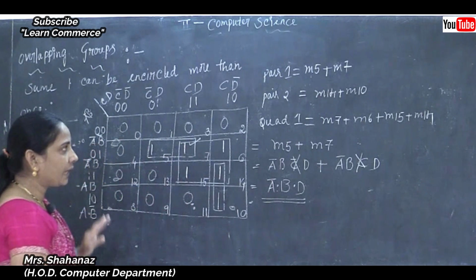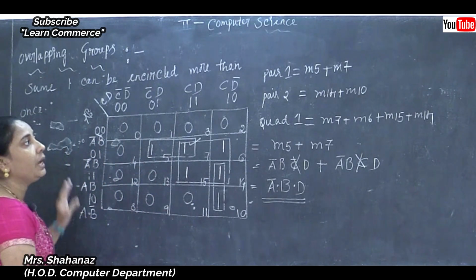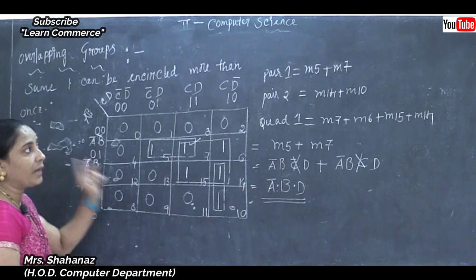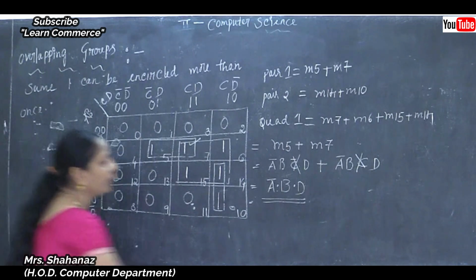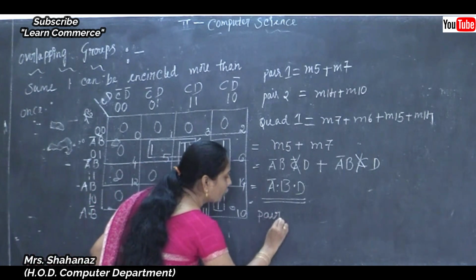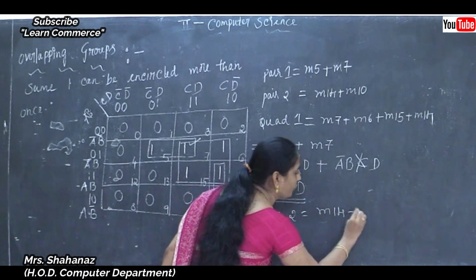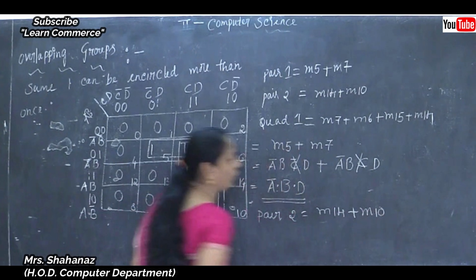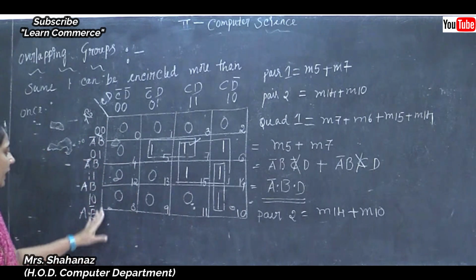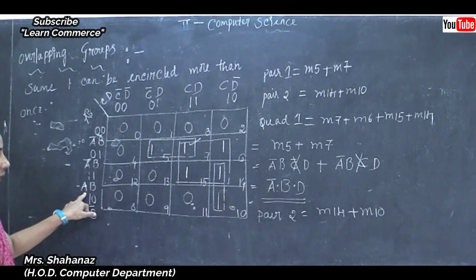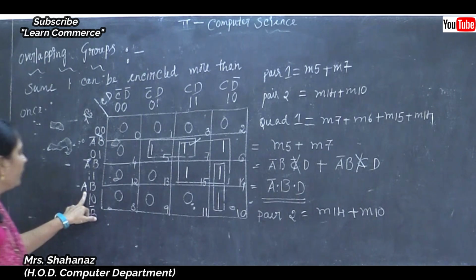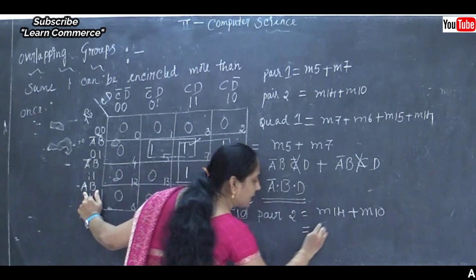Now let's complete the final reduction value, or the expression value, for pair 2. So the pair 2 value we need to take is 14 and 10. The 14 and the 10 here. For the 14, first of all I am going to take the value 14. How do we need to take the value? That means the left side value.